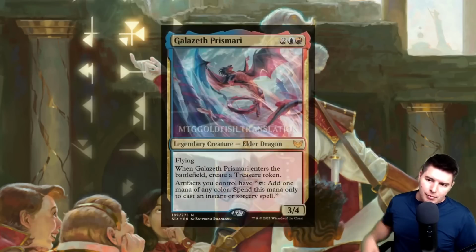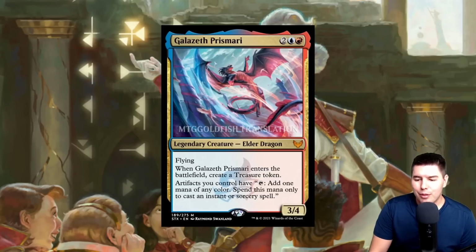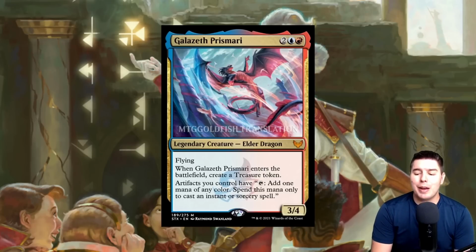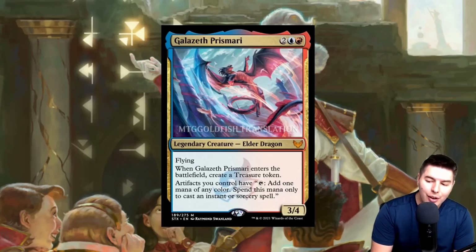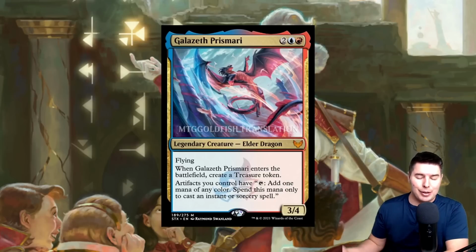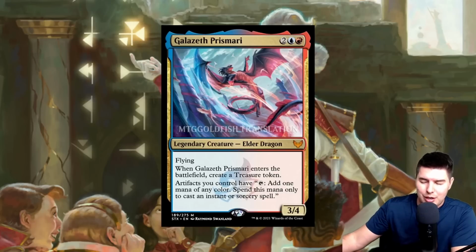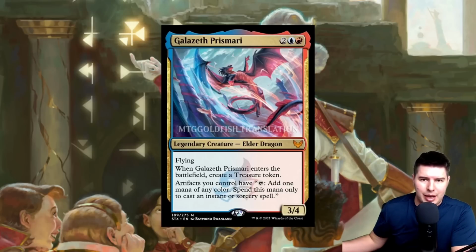All right. Next one, Prismari Dragon, Galazeth Prismari, 4 mana, Elder Dragon, 3/4 flying. Whenever it enters the battlefield, you create a Treasure token, which is just awesome already. Artifacts you control have "tap: add 1 mana of any color. Spend this mana only to cast an instant or sorcery spell." So we already have dragons that care about treasures, and lots of other things that want treasures. So this just comes in and adds a treasure, and then you can tap treasures down that are still useful